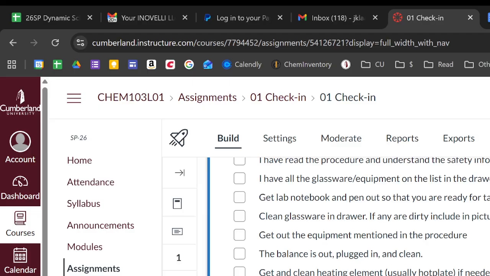So you'll make sure that everything's clean by the end, but anything that the previous section messed up, you're going to take a picture of. Okay. If they left a mess, if they left a problem, if they did something wrong, you're going to take a picture so I know and can pursue the issue.